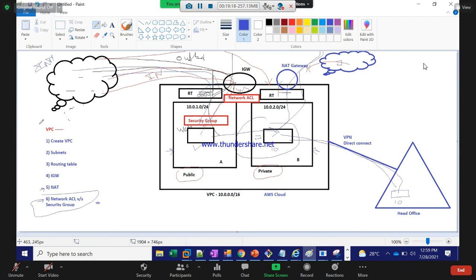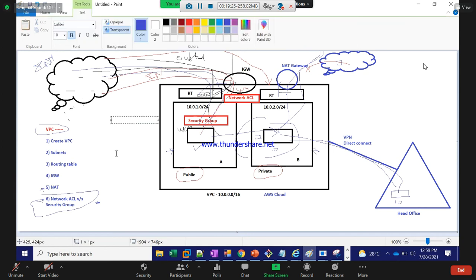So VPC, and before this, what we did in EC2 instances. In the AWS cloud, we have multiple chapters. Before reaching the VPC, we started with the EC2. This is just a recap.